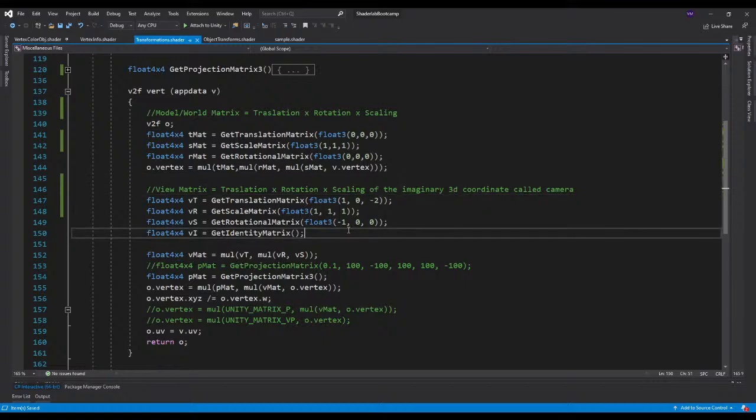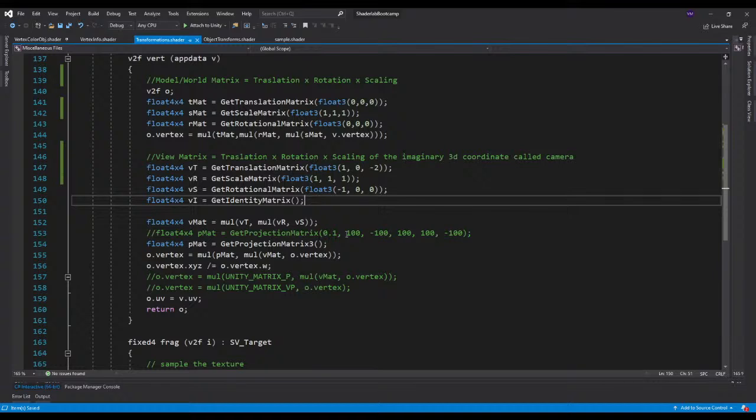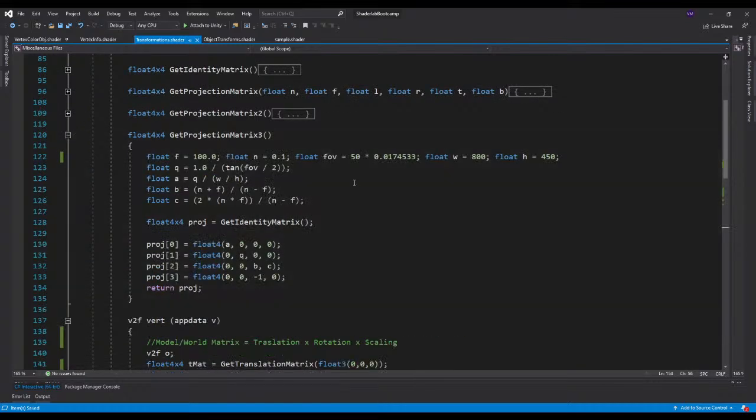Then the camera is again a 3D point in a coordinate system. But what is projection? Projection is much more than that. Projection is when you are removing one dimension. You're converting the data from 3D to 2D